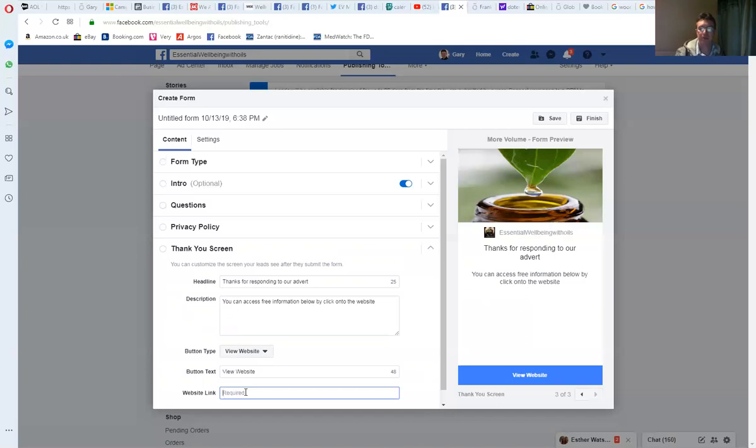Okay, so copy and paste either your doTERRA shop there. I would preferably put your business page link. So if it was mine, I would put www.facebook.com Essential Wellbeing Oils. Whatever your Facebook page is called, put it there. Okay, because you are not going to have the domain name,